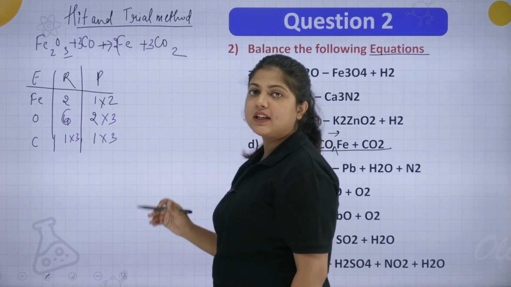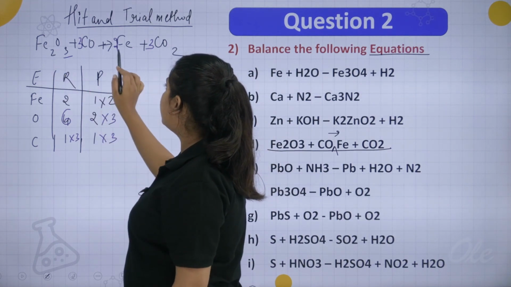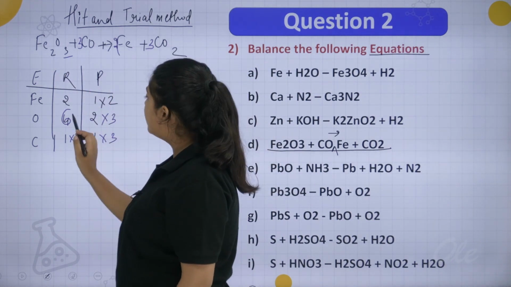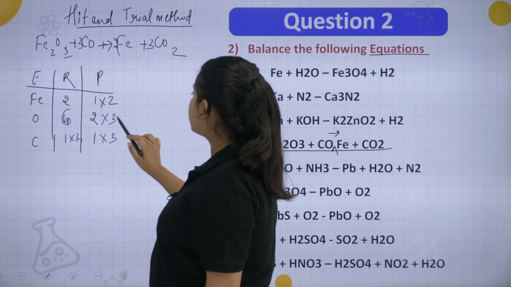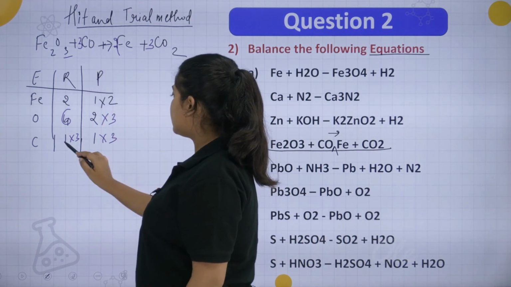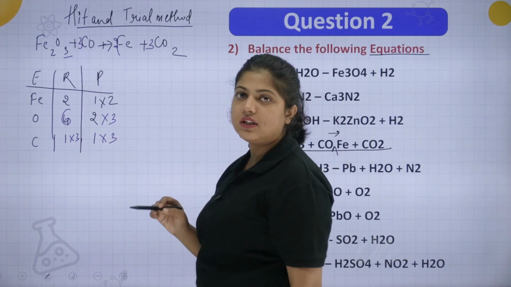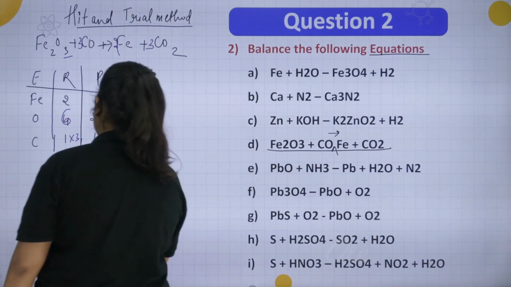Now if you calculate, there are a total of 2 atoms of iron on both sides. Total 6 atoms of oxygen, 3 plus 3 is 6, three 2s are 6 atoms of oxygen. 3 into C, 3 into 1, that is 3 atoms of carbon, and here also 3 atoms of carbon. So your final balanced equation will be